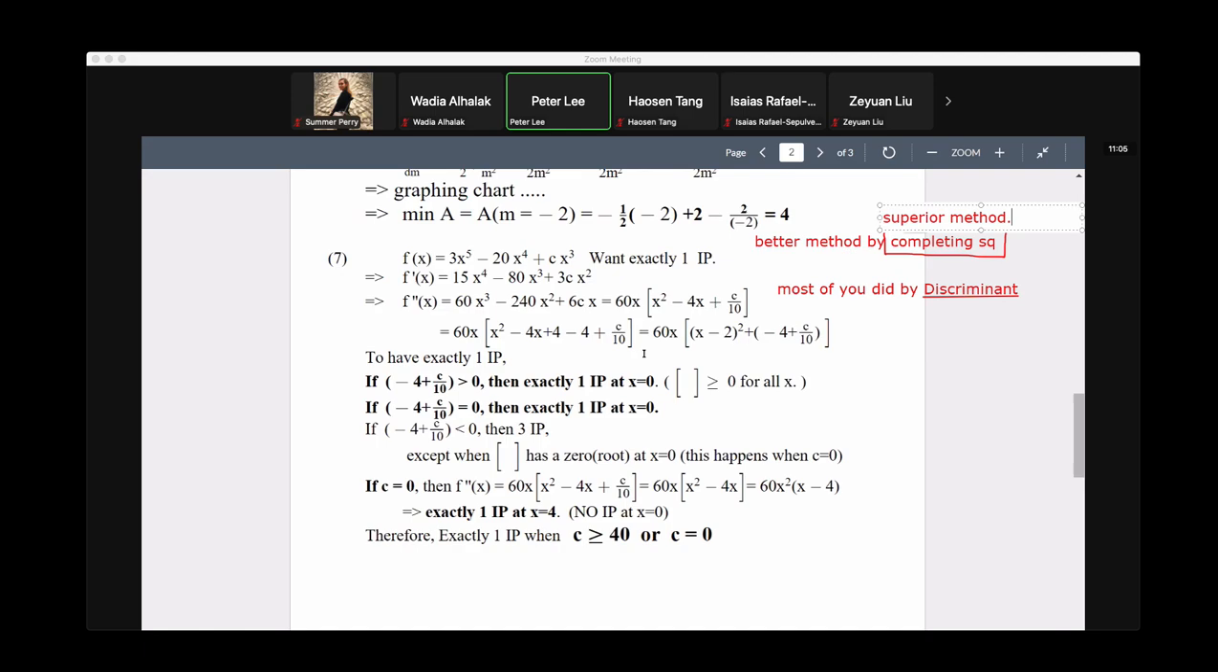Okay, so now let's look at this. Number 7. f(x) equals